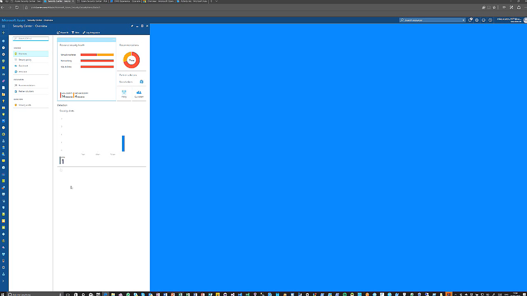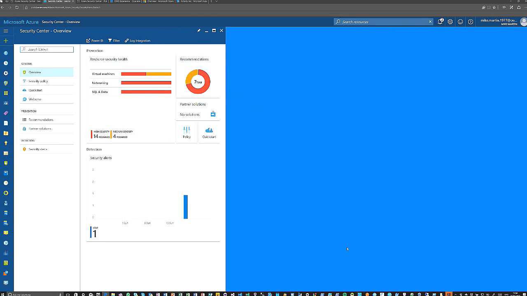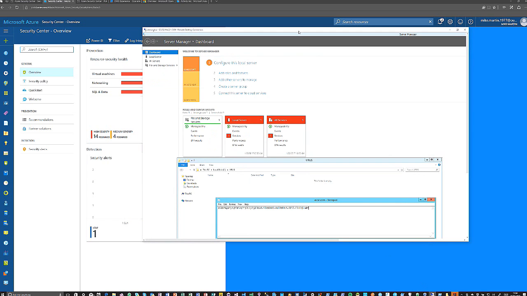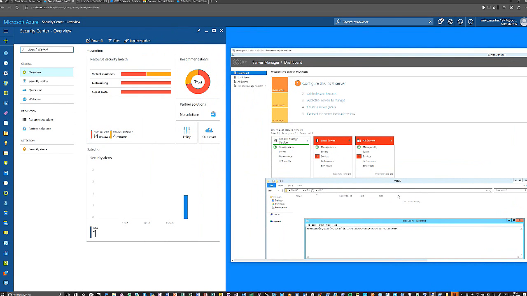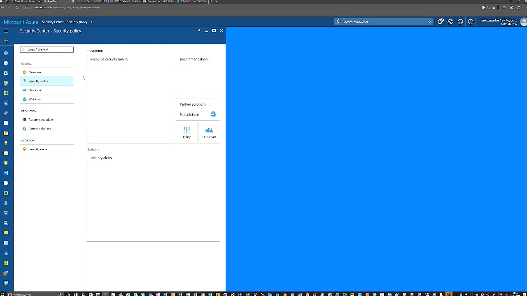Next to that, when it comes down to monitoring, we also have Azure Security Center. And Azure Security Center is very attentive to the things that are happening inside your VMs, but also for the rest of your environment. You can have policies that you can set either on your resources or on your subscriptions, so that way you can fine-tune your security policies as you want.